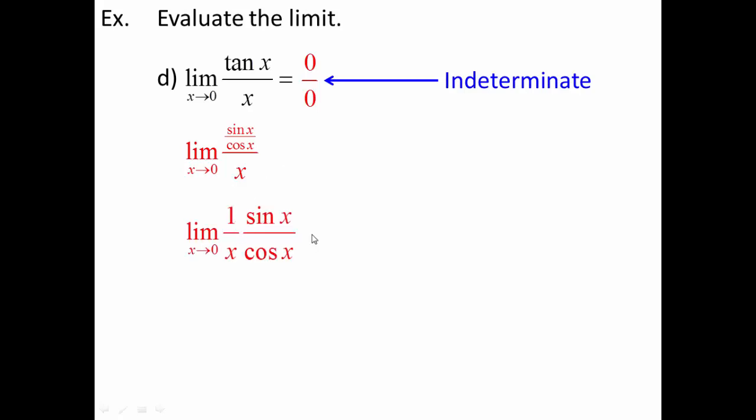I'm going to recognize that this is a multiplication problem, and multiplication can be done in any order. So whether it's x times cosine or cosine times x, it's still the same thing. But now by reordering that multiplication problem, I can clearly see sine of x over x, which is 1. And then plugging in 0 here, cosine of 0 is also 1. So yes, tangent of x over x is also 1. And one more for you to try. Hit play when you're ready.